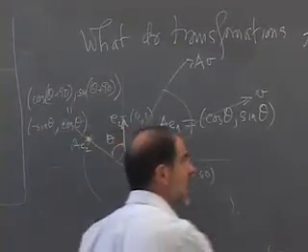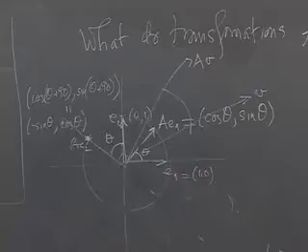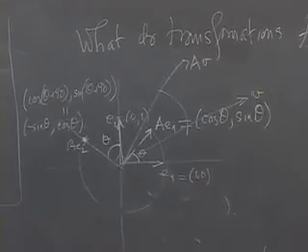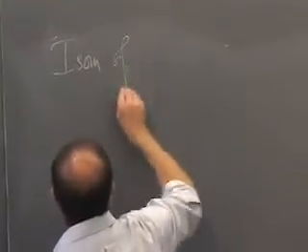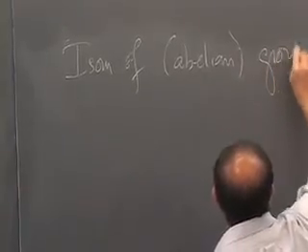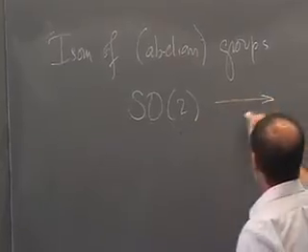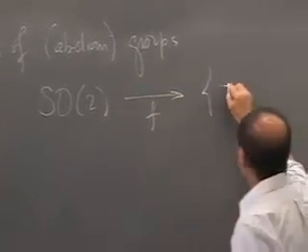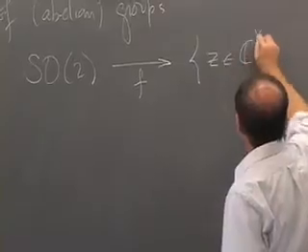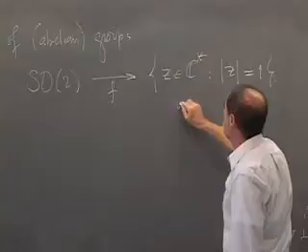So in particular, we have an isomorphism here between two groups that you know. So we get an isomorphism of groups. It turns out abelian groups between SO2, I'm going to call it F, and the set of Z in the complex numbers such that the absolute value of Z is equal to 1 under multiplication